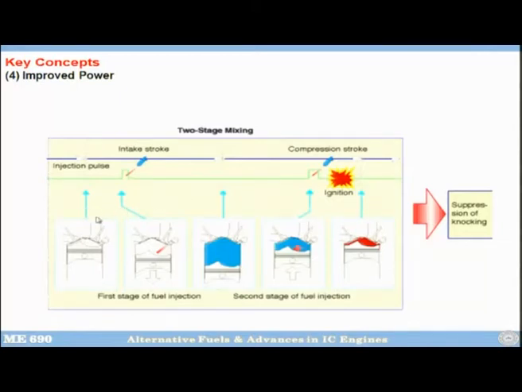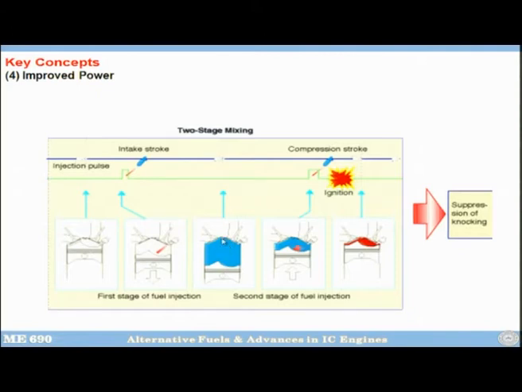So, this cartoon actually shows it very well. You see, this is the intake stroke from here to here. The piston starts moving down, and once it is moving down, you give a small pulse, because here only 1/4 of the fuel needs to be injected. So, one small pulse to the injector, it is a solenoid injector, right. The solenoid injector pulse is given and this fuel comes in, the piston is still moving down, and at the end of the intake stroke you will have some kind of homogeneous mixture formation.